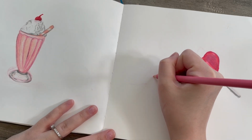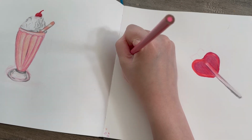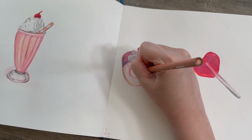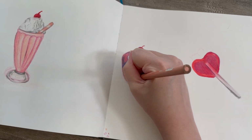Hello! So today I am doing an all pink spread. I did the two drawings that are already there at my grandma's house, so that's why you will not see me do them. But right now I'm doing this Swiss cake roll,